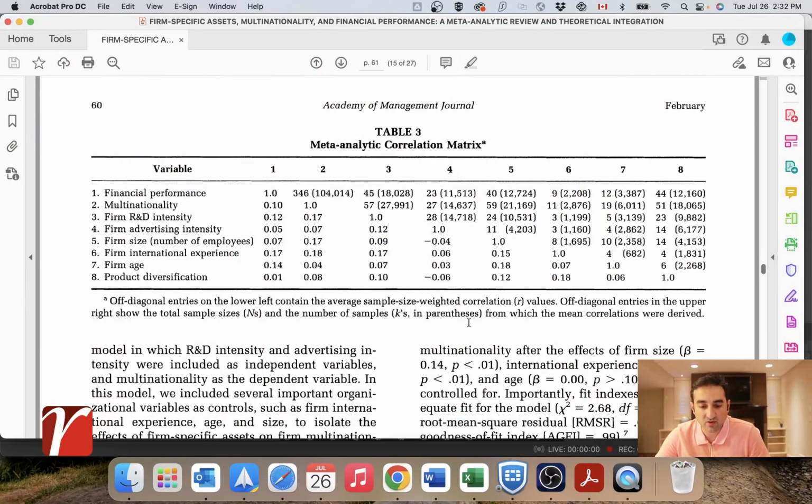All right, our goal is to produce a meta-analytic correlation matrix like this, where each of the cells in itself is a meta-analysis. So below the diagonal here are the correlations. These are meta-analytic correlations. And up top, you have the number of studies and the total aggregate sample size for each of them.